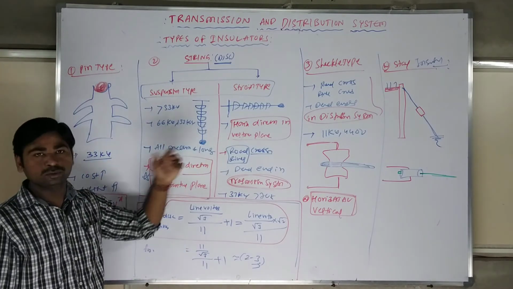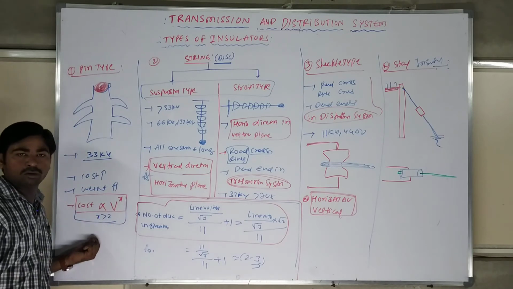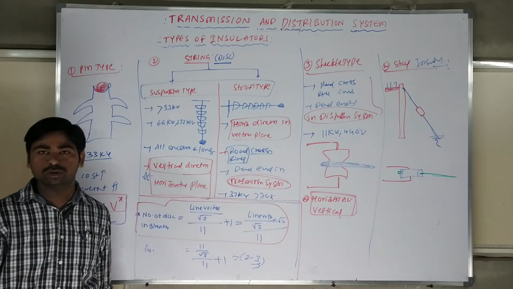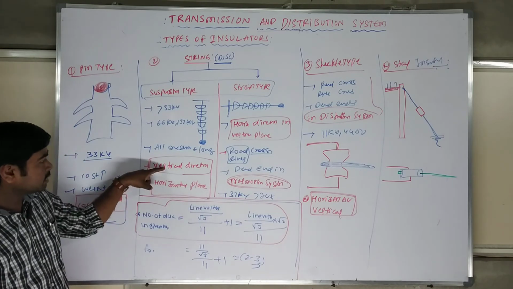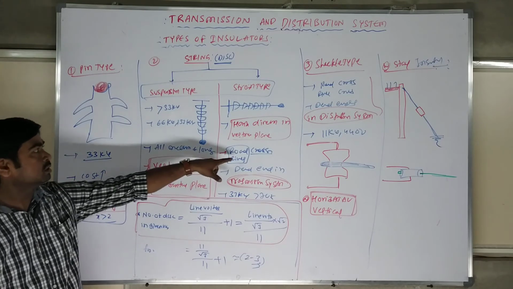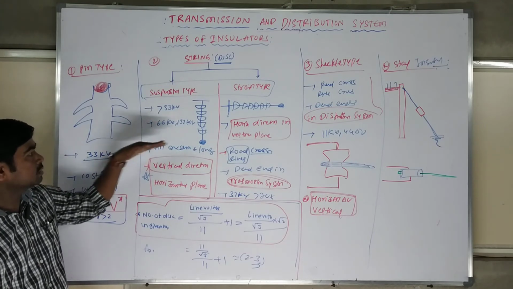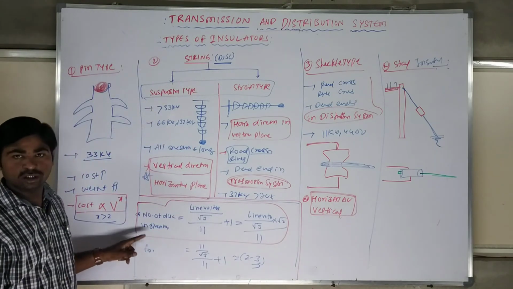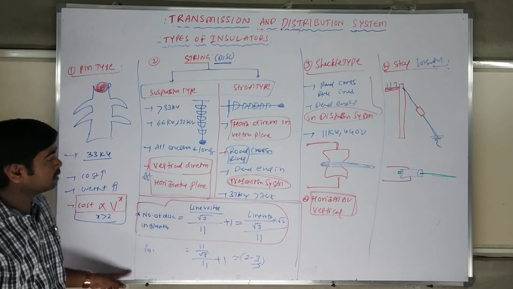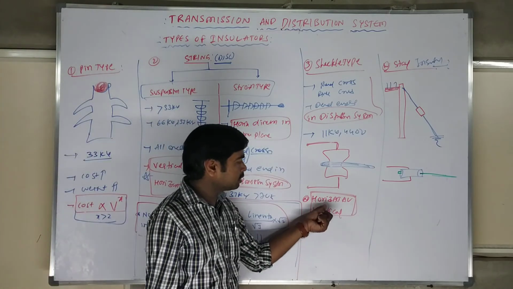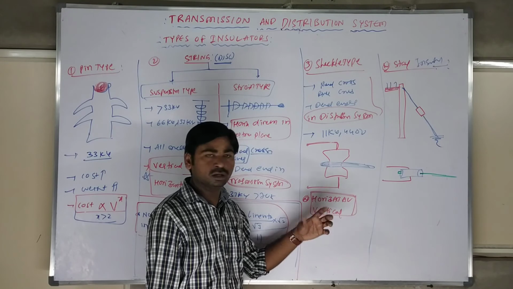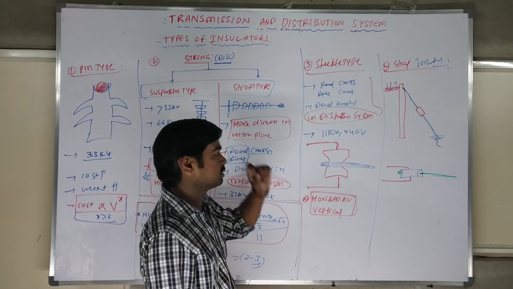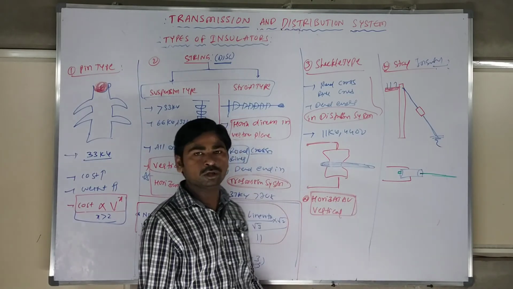This is used in medium and long transmission lines, and in distribution systems up to 33 kV. Up to 765 kV wherever you can use it, there is no problem. The important thing is the vertical and horizontal directions, and the number of discs for a given voltage. This is a very famous examination question. The Shackle type insulator can be used in both horizontal and vertical planes. In transmission systems, the stay wire insulator is a very rare case, used to protect your clearance.